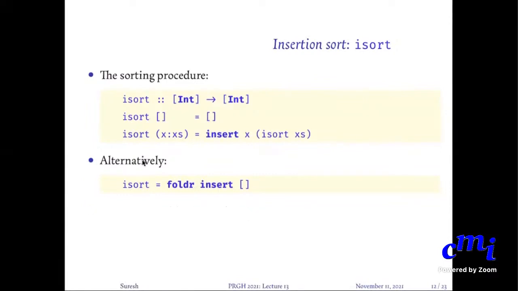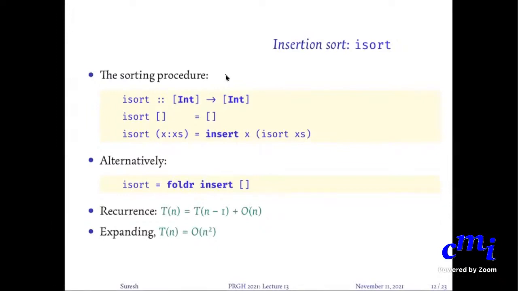And the recurrence here is that to do insertion sort on a list of length n, you have to do insertion sort on a list of length n minus 1, and then you have to do order n work to put the first element in the appropriate position. So the recurrence is T of n equals T of n minus 1 plus order n, and you can view the order n as some constant C times n. If you expand the recurrence, you will end up with T of n equals C into n into n plus 1 by 2. So the whole thing will be order n squared. Is this clear?